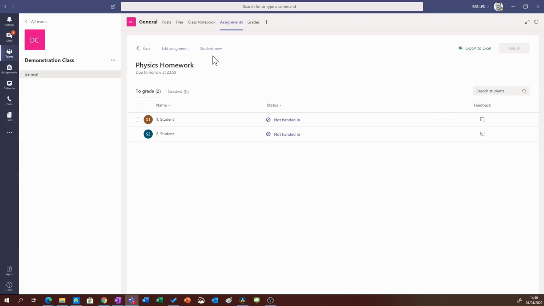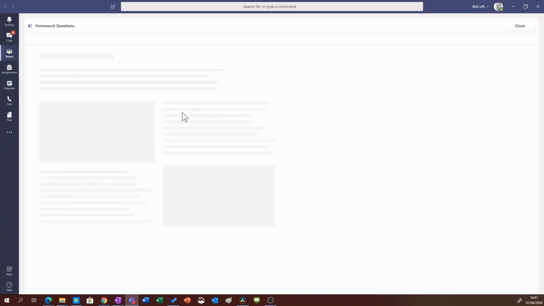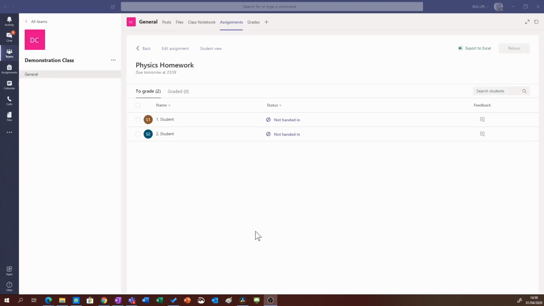What the student will see, you can see from this view. So click Student View, and this is the window that will appear for the students. They'll get the title, the instructions, and the resources you've added. So I'm going to click on this resource here, and you'll be able to see what the students will view. So once the student has completed the work and returned it to you, this status option here will change to